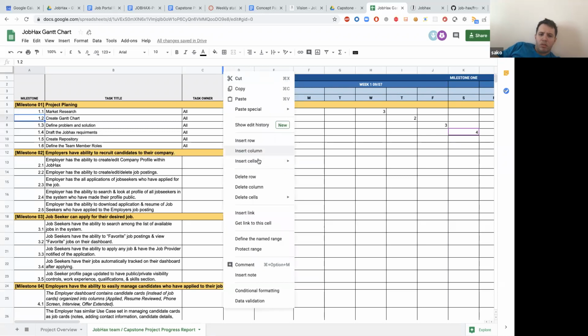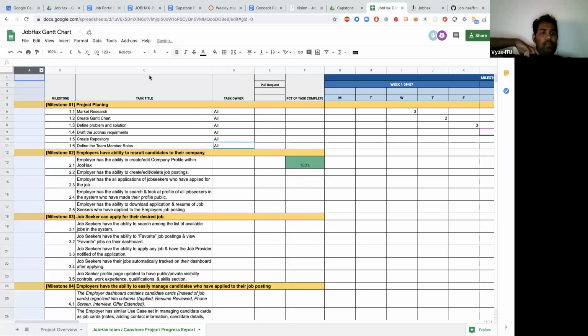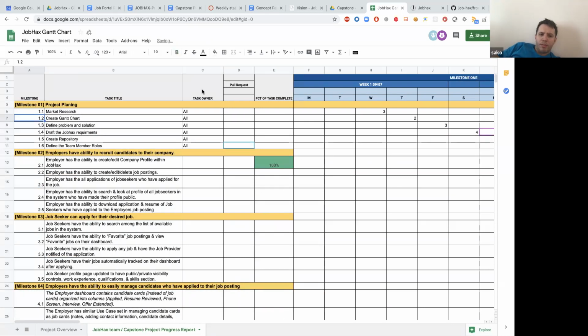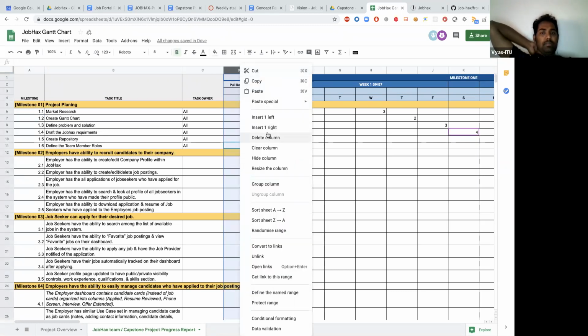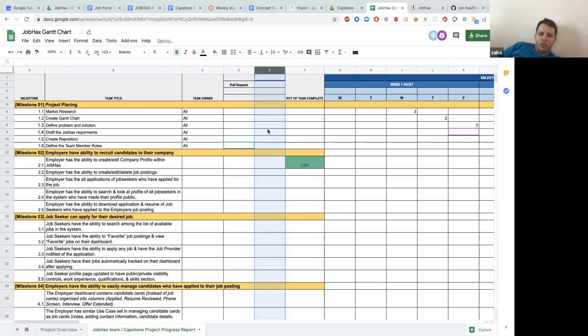Insert column after, but can you? No. Okay. I think you should select the column first. Just undo. Select the column in D, then right click the column and insert one, right? Uh-huh. Awesome. Thank you.